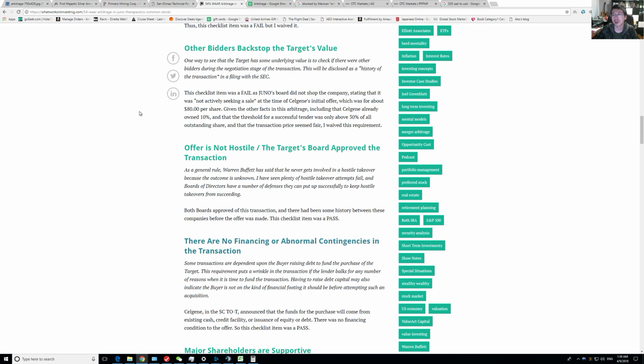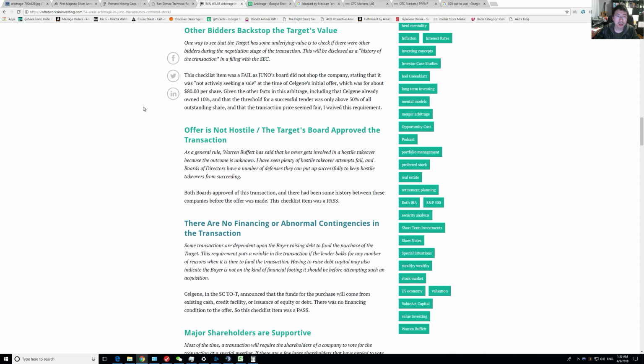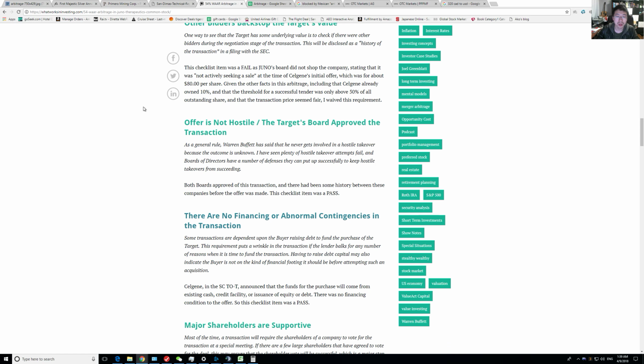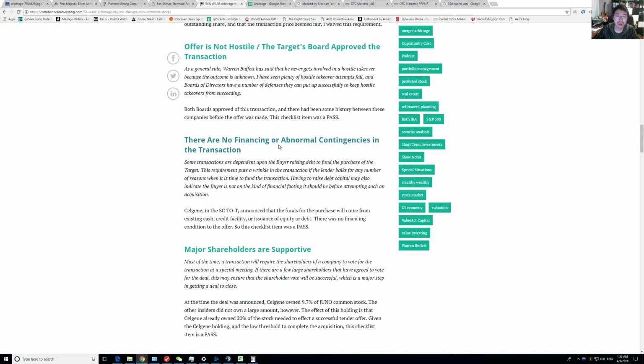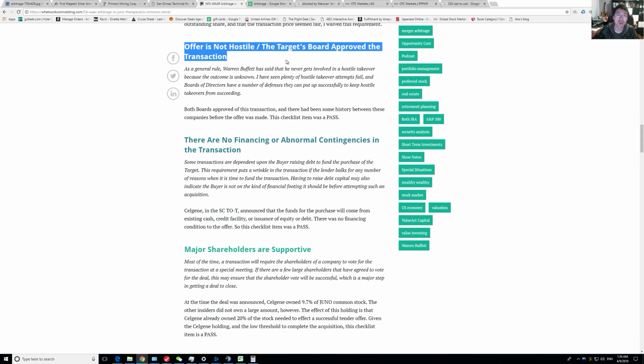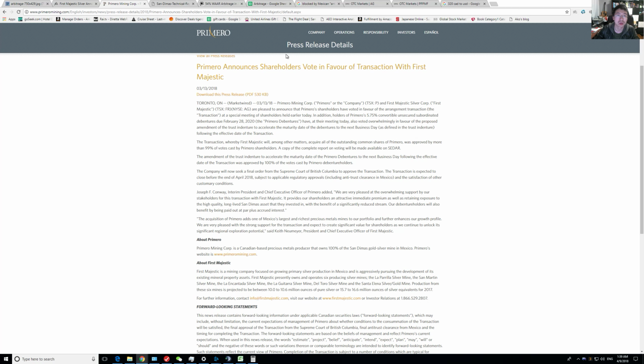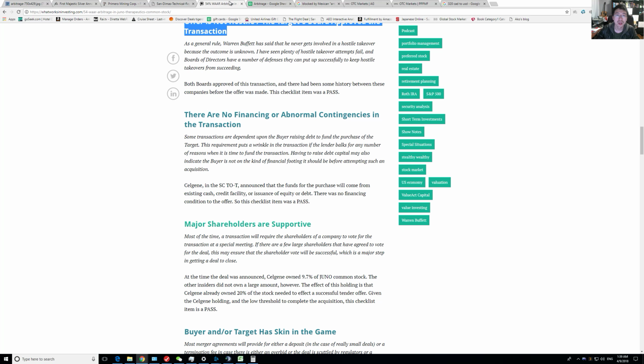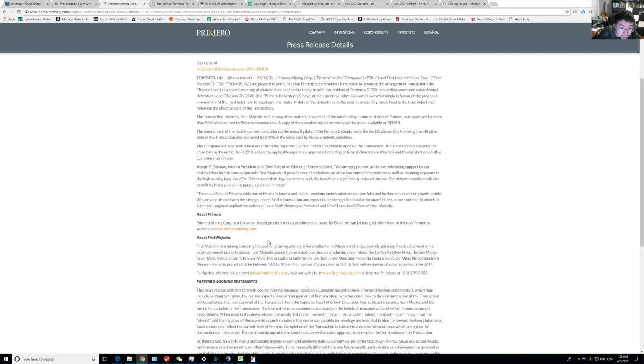But let's see. There's no other contingencies. That's true. So Wheaton got on board, and it's not hostile. The target board approved it as well as the shareholders. So everybody approved it. The only thing that's left, as they say here,